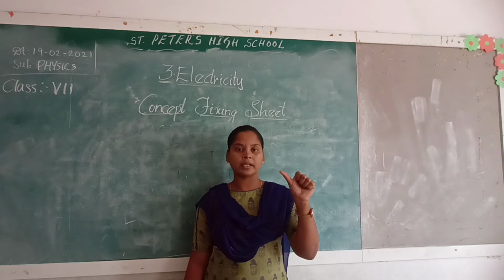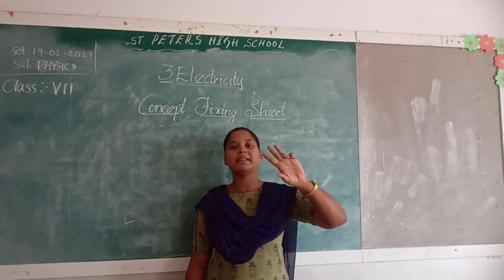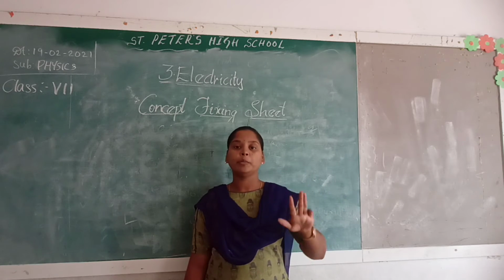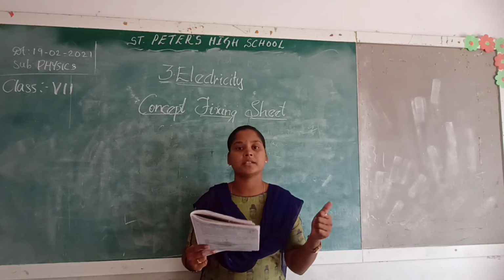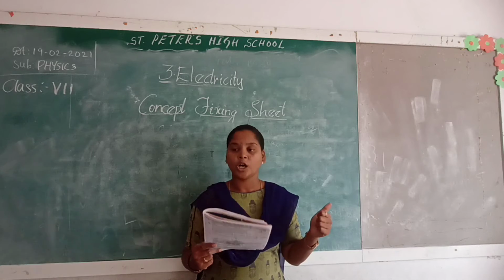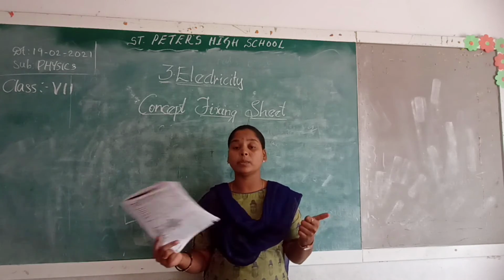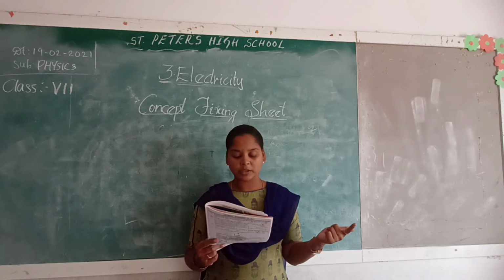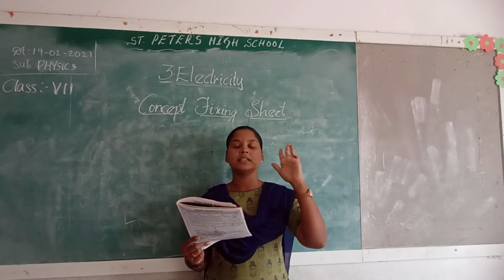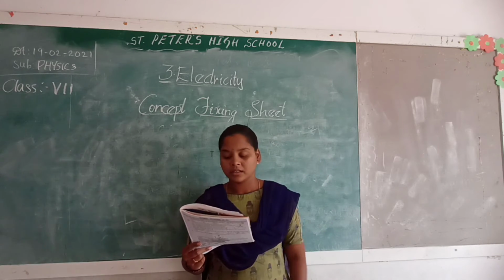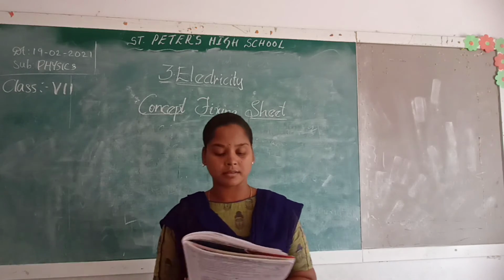Source. Okay, so this is nothing but cell, wires, bulb and a key. These are the main important things. So let us see what they are here. Source of energy, yes, that is the cell, we need it. Output device is nothing but the bulb. Whether the circuit is working or not, we have to check it only by the bulb. So bulb, output device, connecting wires and key. These are the main things for the construction of an electric circuit. So all of these are the correct answers.